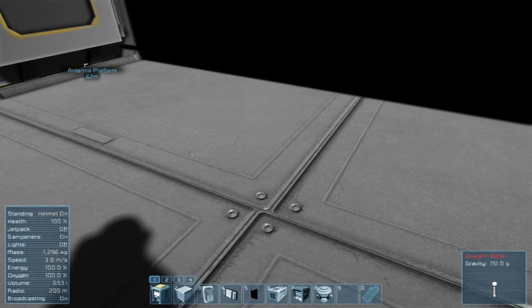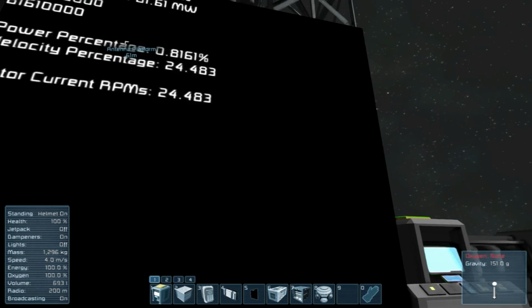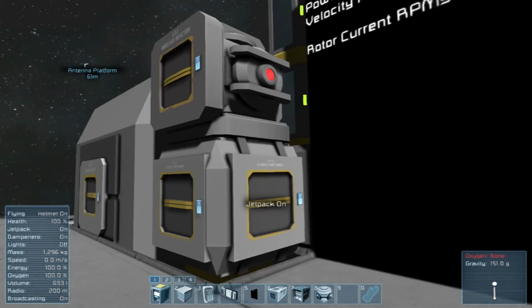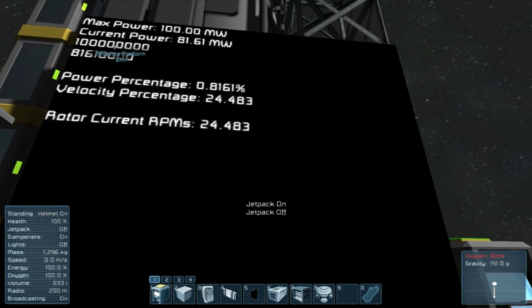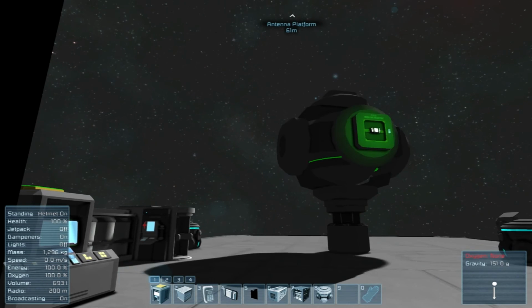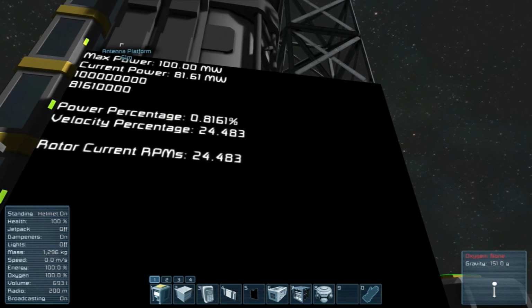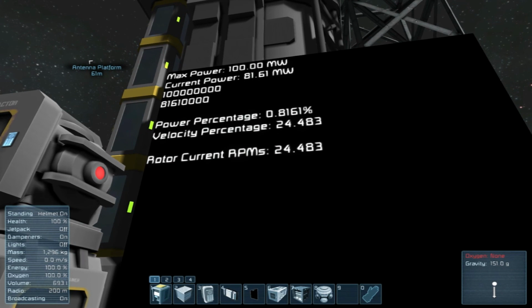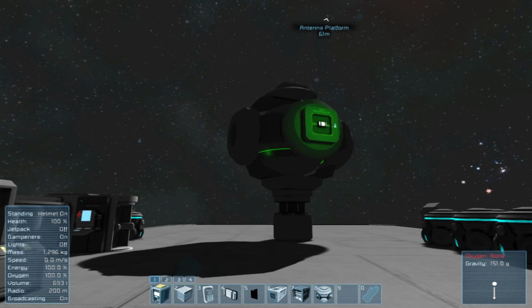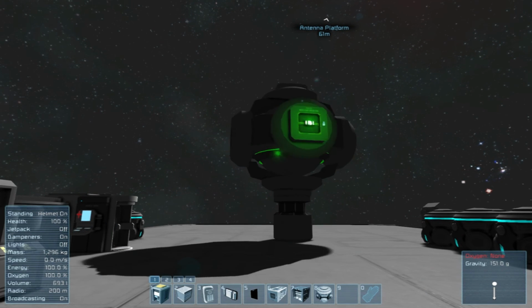Wow, I can't even move. If you guys would like to see it display something, let me know. Otherwise, I'm going to call this script done and clean up the code and get rid of the display code and stuff like that. And so if you actually want a reactor to spin, you can do it that way.